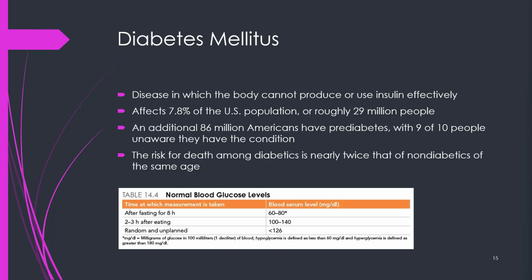When there is not enough insulin, or cells stop responding to insulin, too much blood sugar stays in the bloodstream. Over time, that can cause a serious health problem, such as heart disease, vision loss, and kidney disease. To date, there is no cure yet for diabetes, but losing weight, eating healthy food, and being physically active can really help. Taking medications as needed and keeping healthcare appointments can also reduce the impact of diabetes on an individual's life.